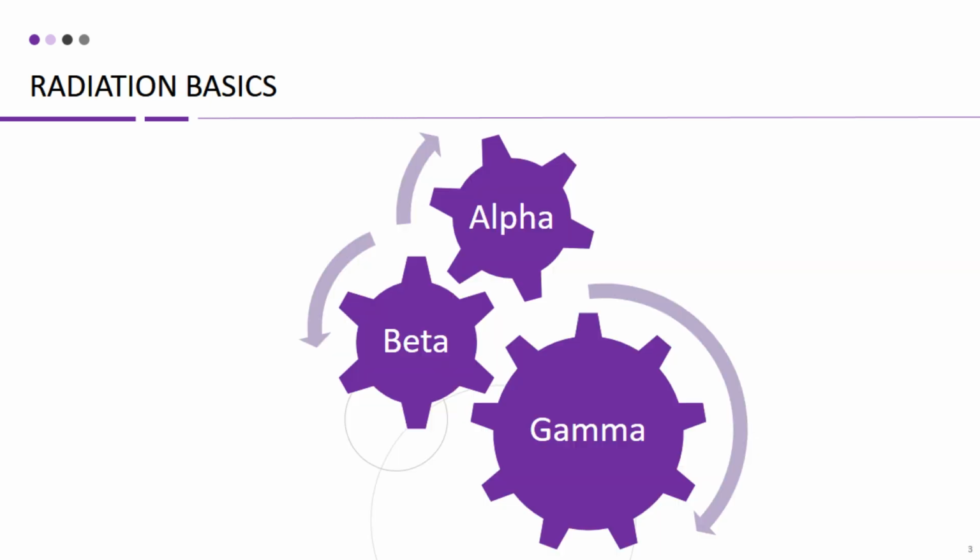Radiation is energy that is emitted in the form of particles or waves. There are two main types of radiation, ionizing and non-ionizing. Non-ionizing radiation is not strong enough to break apart atoms or molecules, so it doesn't pose a significant risk to human health. Examples of non-ionizing radiation include visible light, radio waves, and microwaves. Ionizing radiation, on the other hand, is powerful enough to break apart atoms or molecules and can cause damage to living cells. It can come in several forms, including alpha particles, beta particles, gamma rays, and X-rays.